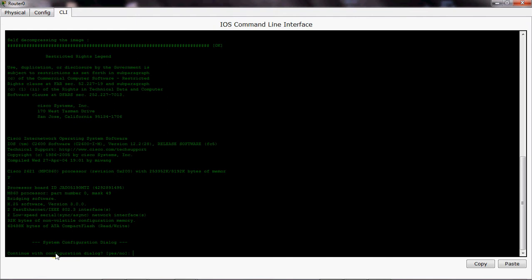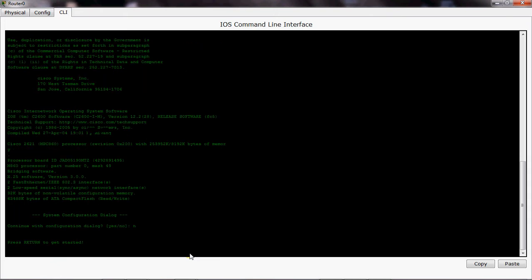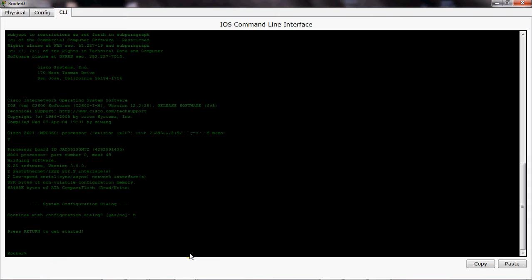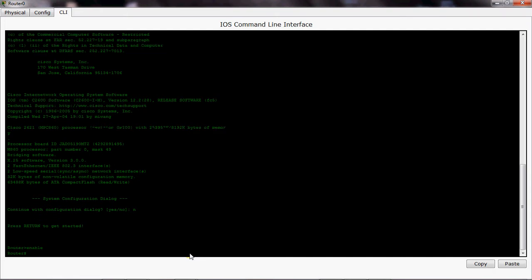At this prompt it says continue with configuration dialog. You don't want to do that, that's just basic setup. So I click no, and then get ready to start. And this will bring you into your user mode. The first thing you want to do is type in enable, and that will bring you